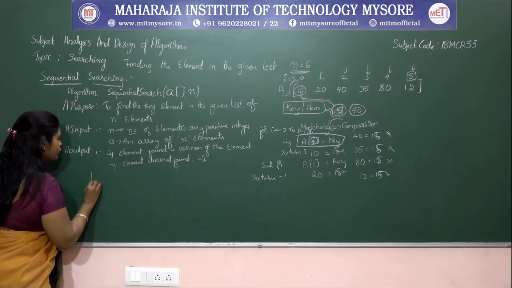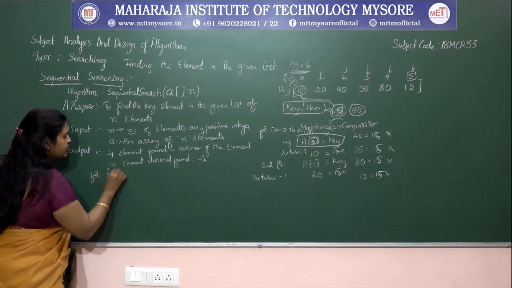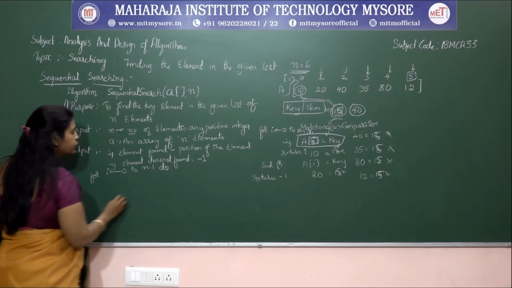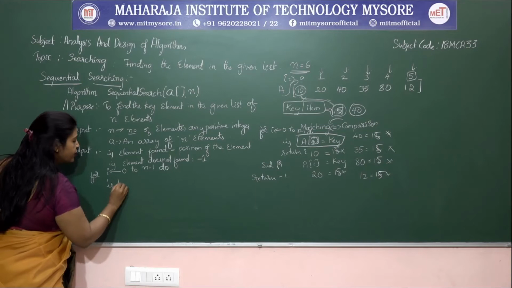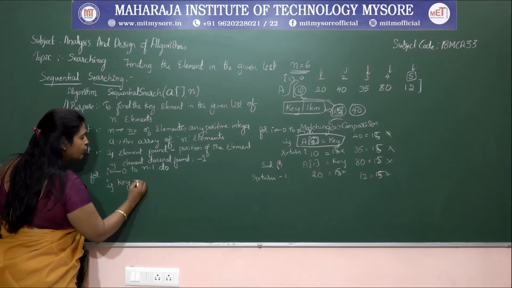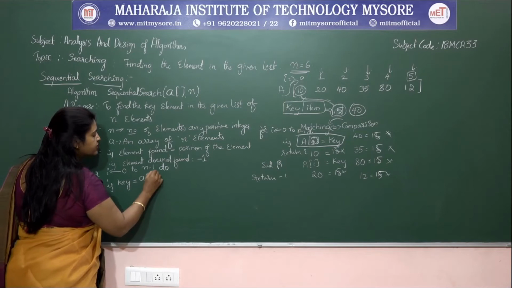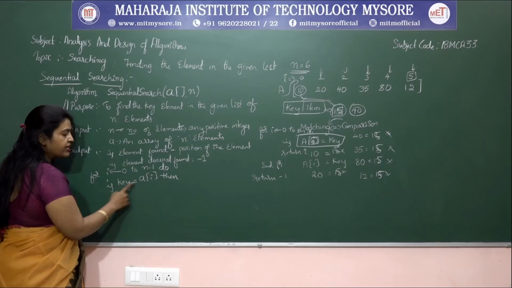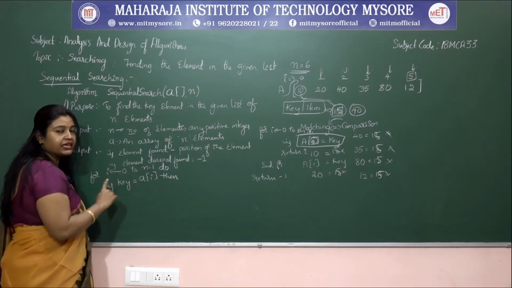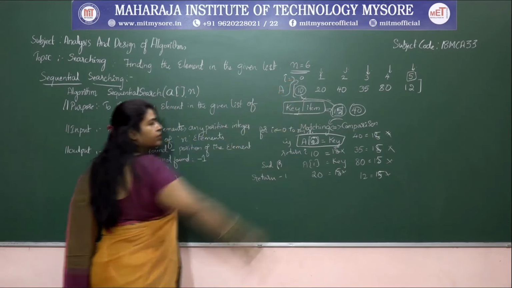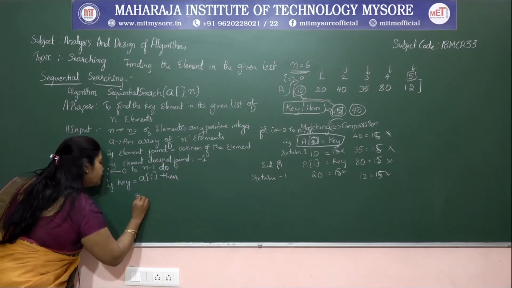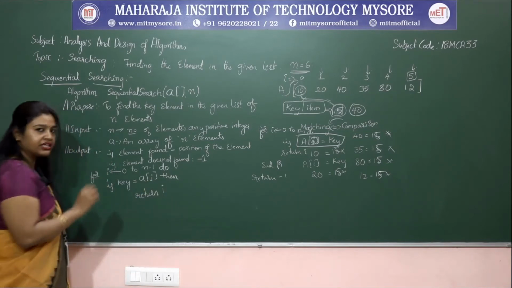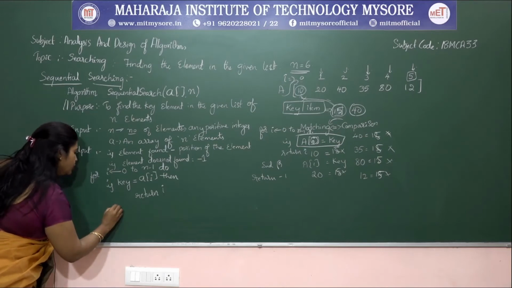For i from 0 to n minus 1, we check the condition: if the key element is equal to the array element A of i, then if the key element is present in your list, we need to return that particular position. So return the position where that element is present, that is i. Else,